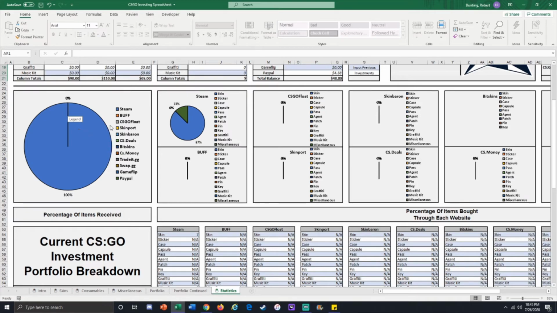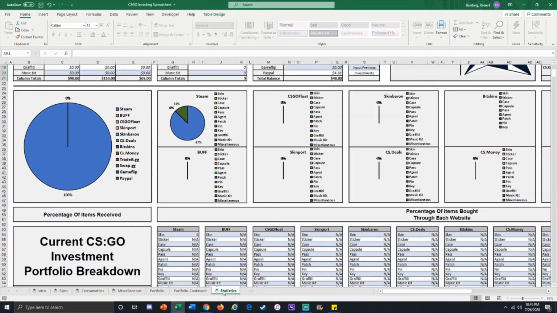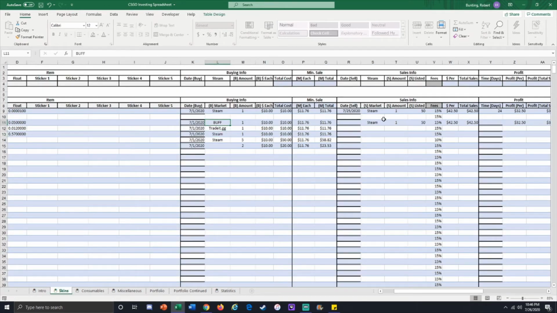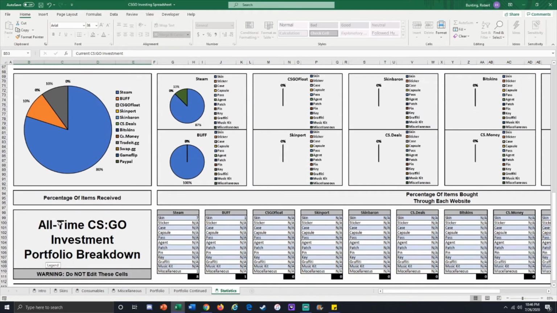If we change that up, you might get a little bit of orange from Buff, and let's go change it up. Let's add some Buff here. Let's add a traded.gg, and again, you can do whatever. We go back to our statistics, and boom, it knows that we have some data from traded.gg in here. And obviously Buff, it doesn't know because, well, we sold it, so it is doing its job because this is current CSGO. If you want the all-time CSGO, you just scroll down, and that's where you see the Buff orange